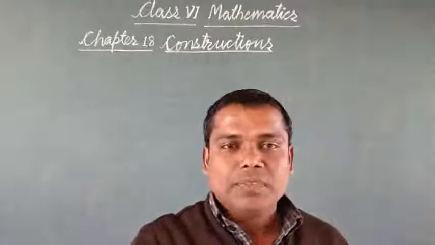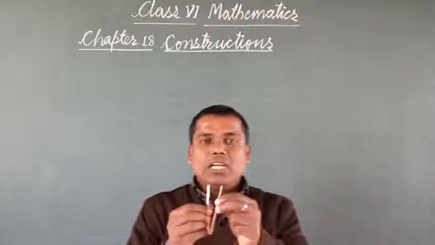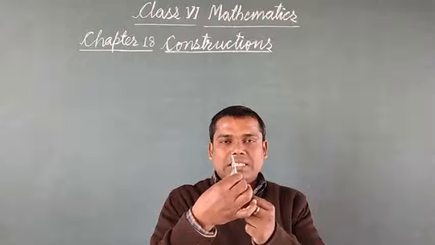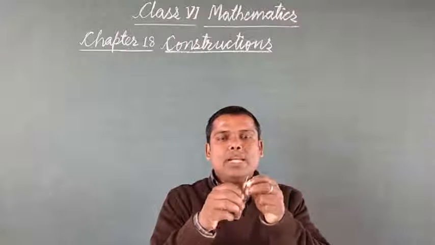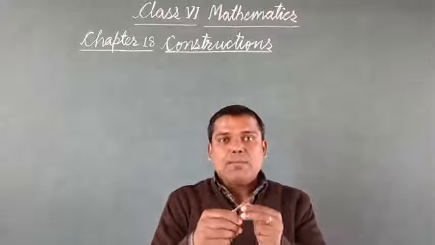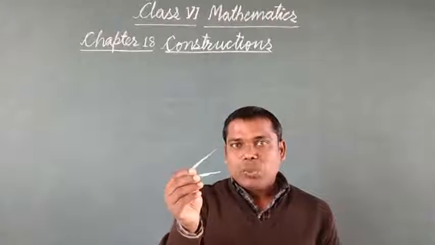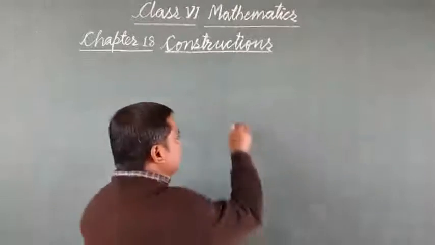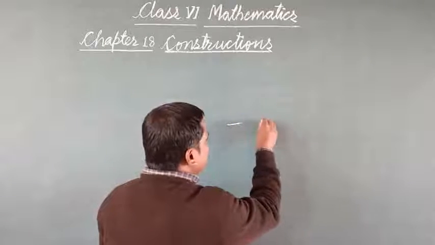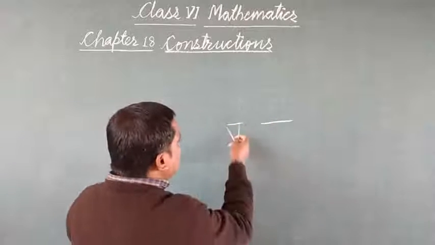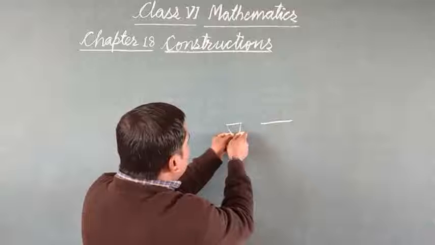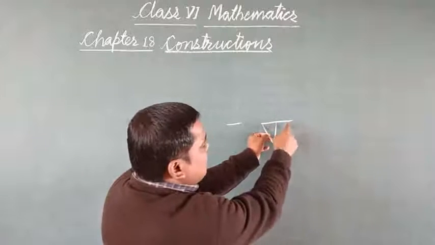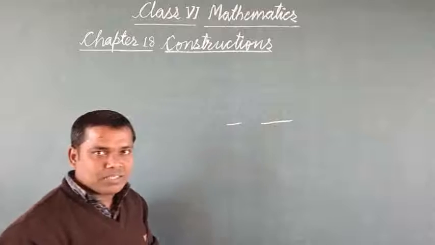We have this instrument. It is called a divider. It has two leaves, both of equal length. We use it to compare two line segments. If two line segments are given to us, we can measure one and then keep the same on the other. For example, if this line segment is drawn and this line segment is drawn, and we have to compare, you can observe, you can keep it here, then here. You are getting that this line segment is better than this one.